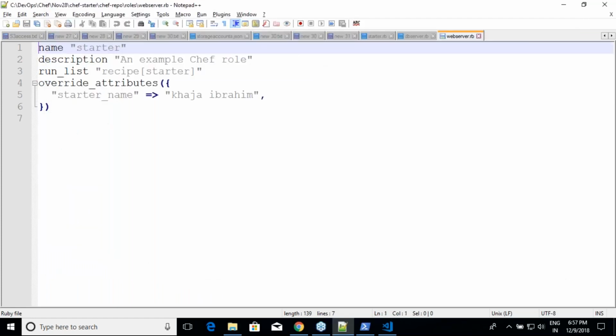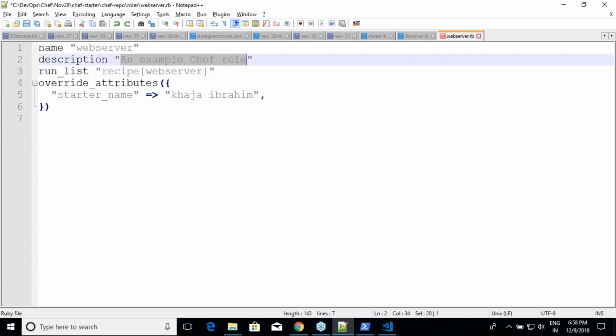And now I'll edit this and I'll call this as name is web server, and recipe is the one we have created. In the run list, which is recipe, if you want to add multiple things you can put a comma and continue. As of now I have only one item in my run list, but actually you might have many. It is okay, right? So it is a web server. Simple? Yeah.